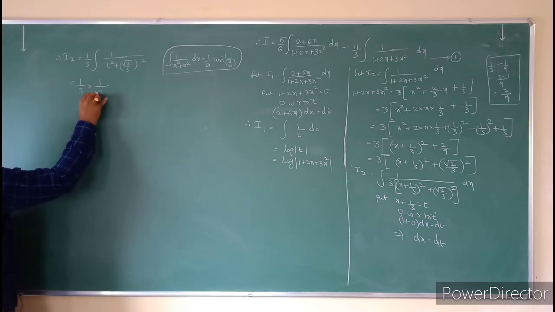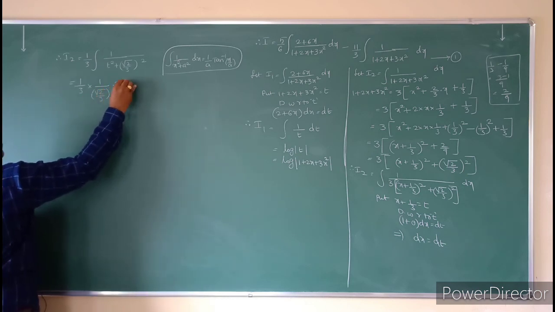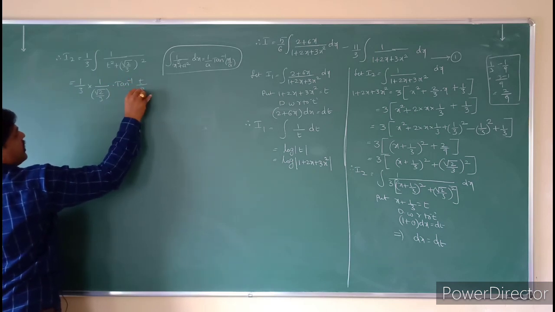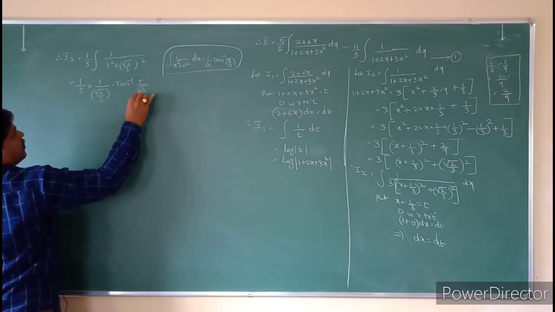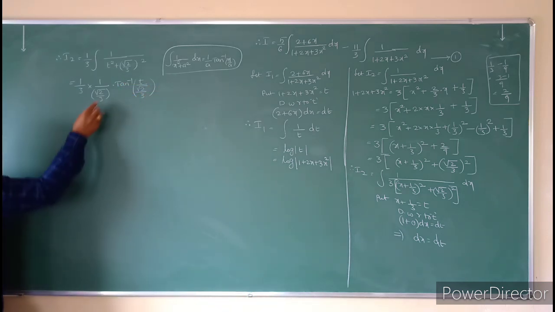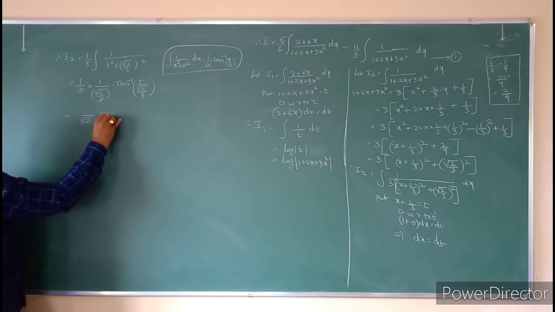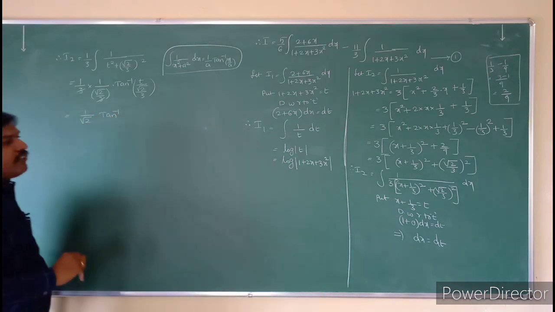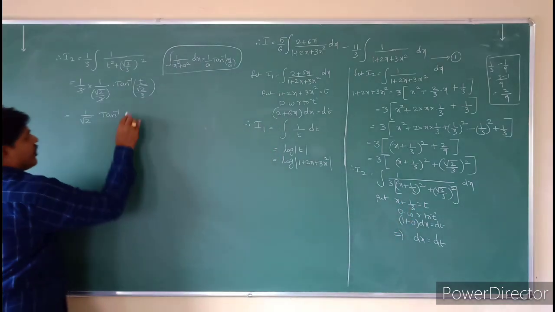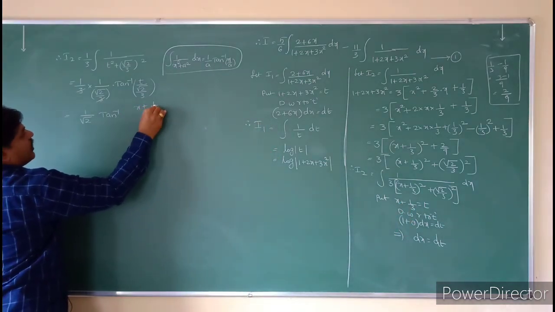The a value is root 2 by 3 into tan inverse of x, that is nothing but t by a. A is nothing but root 2 by 3. Plus c, I don't take the c value here. So here 3 will be cancelled and 1 by root 2 into tan inverse of, what is the t value? The t value is nothing but x plus 1 by 3, so you can take that x plus 1 by 3